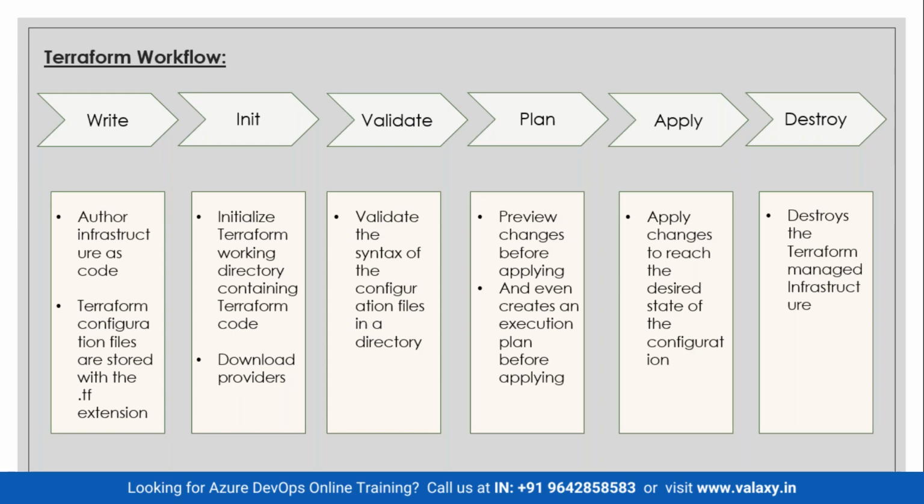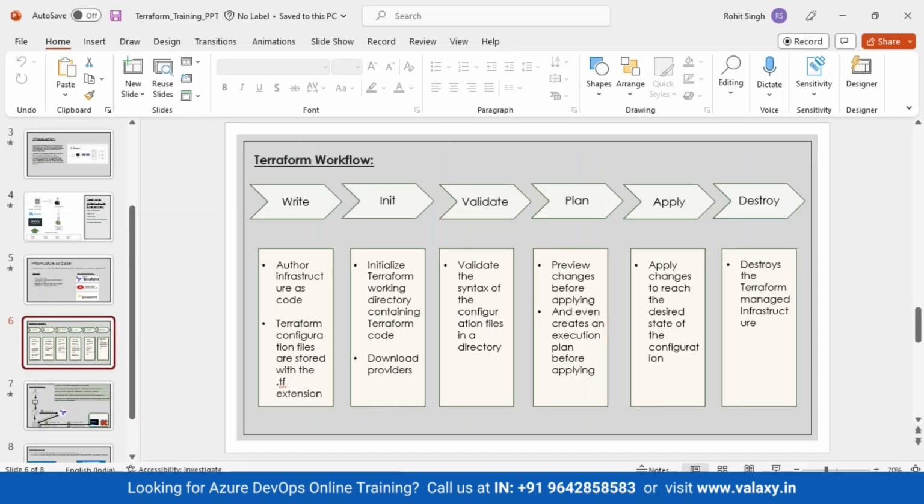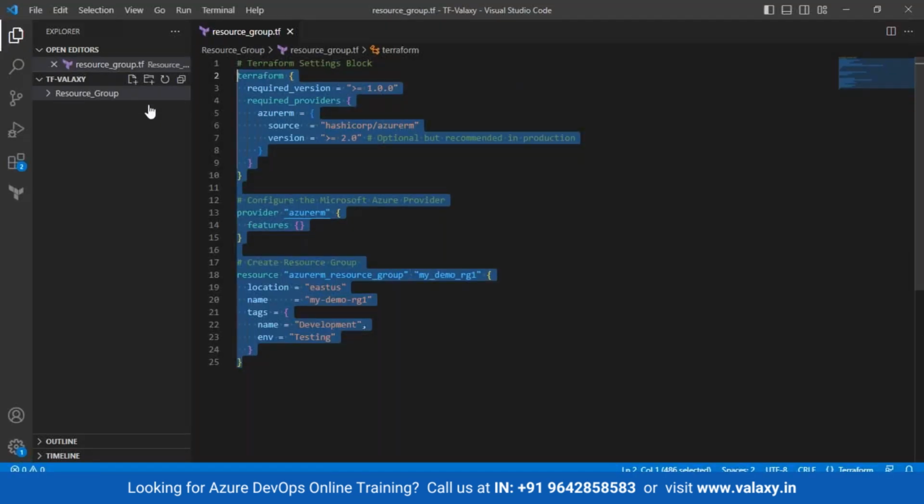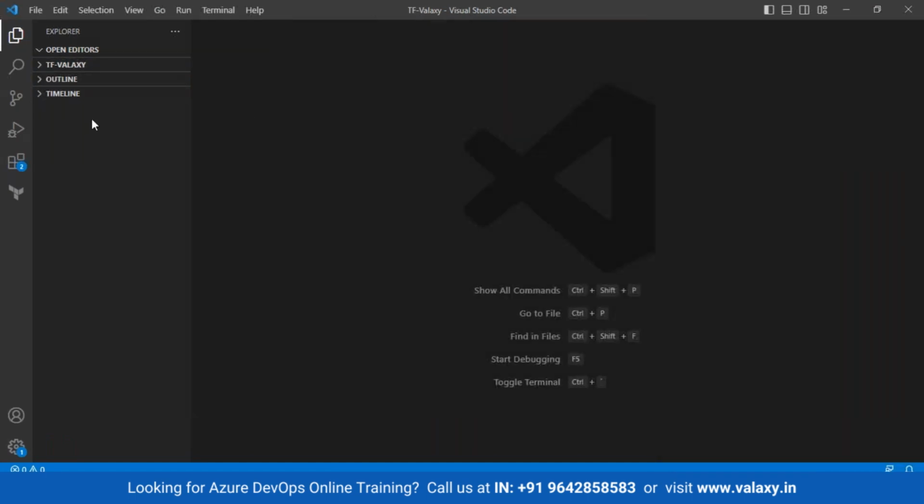So today we'll start writing this configuration from scratch again, and we'll see what these configurations mean. Let me close this window and create a new folder. I'll name it storage account. So today we'll create a storage account and we'll write the configuration again from scratch. Let me have something named resource group. Let me have something named